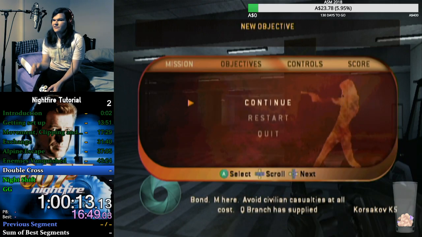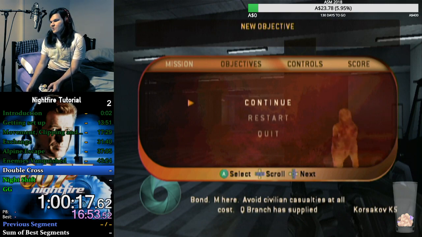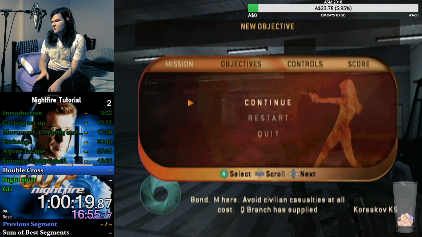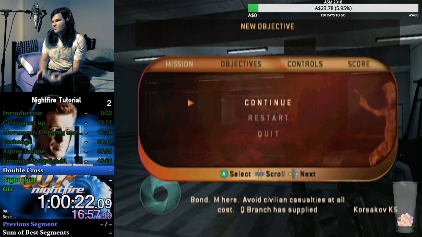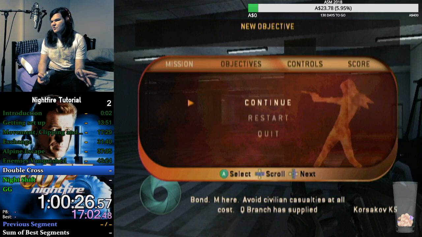The first area of this is, you're going to want to run up the stairs, and you're going to run into some guards. Now, you want to either use the stunner on them. I recommend the stunner. You use the stunner because it knocks them out, and it's got a longer range, but